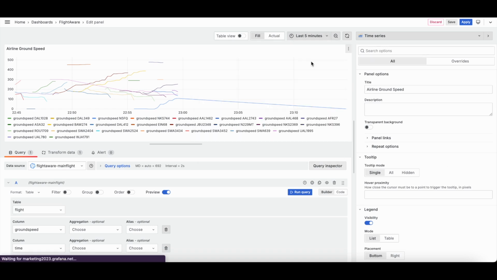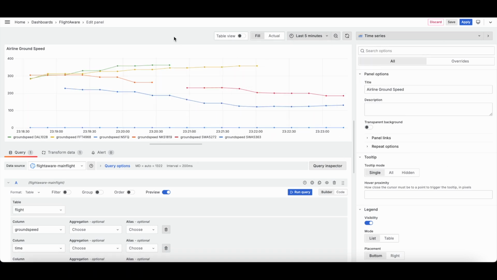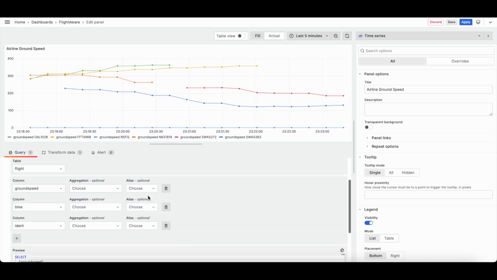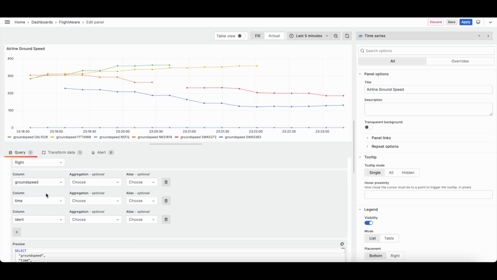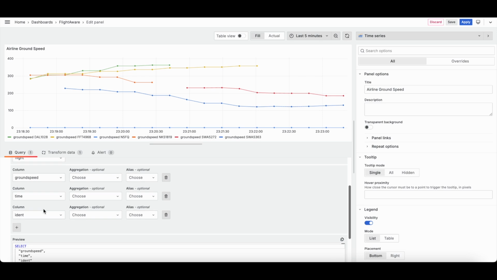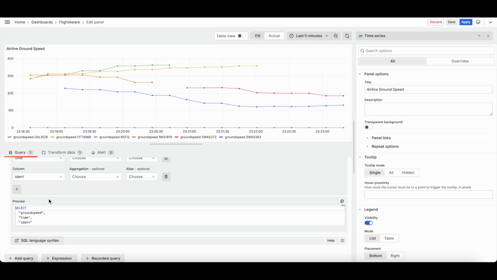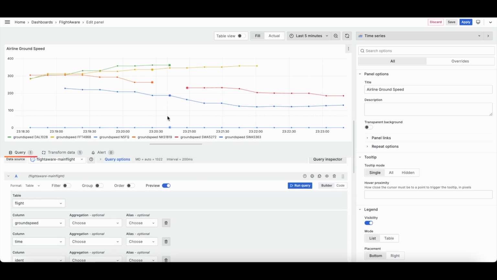So let's also go ahead and drop this down to 5 minutes so we have a little bit of a clearer view here on what's going on. So basically, and again, we'll look at this one through the builder. So we've got our column of ground speed, time, and ident. So we want all these because we're going to use them to basically determine which flight that we're following and